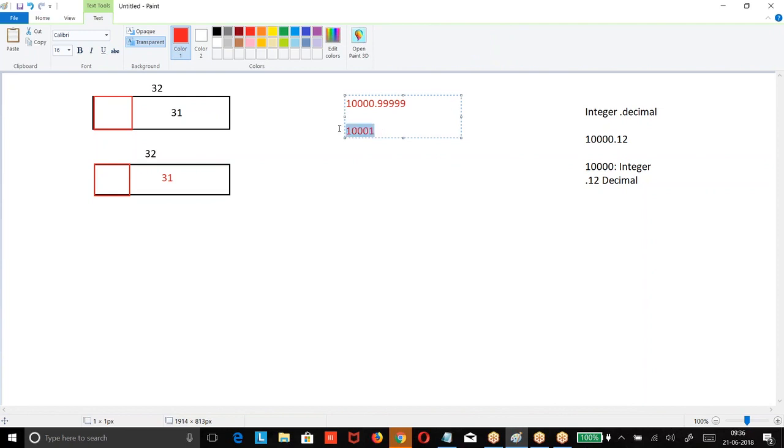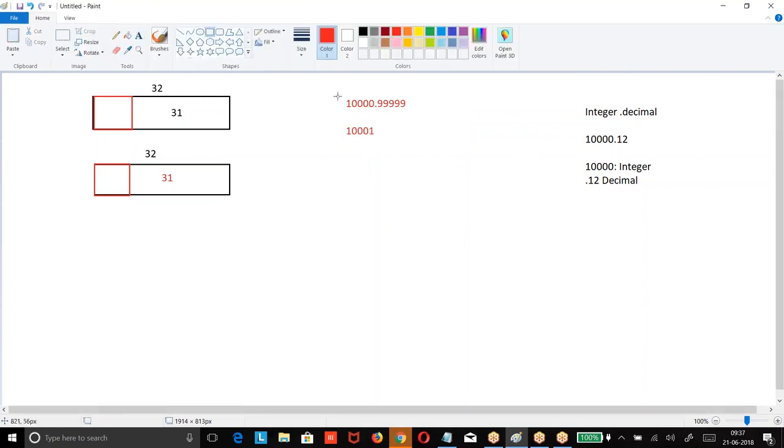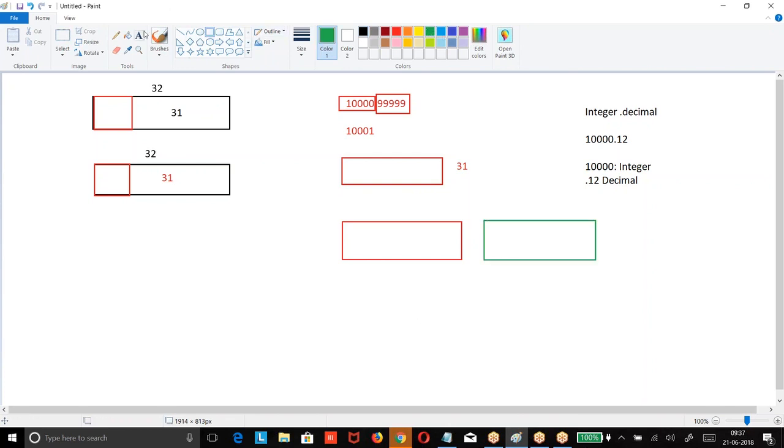Now, this is called integer. So this value will be represented with 31 bits. In this, what should happen? This value should be represented with these 31 bits, and when you say integer, only the integer part. Only to give the integer part, we have 31 bits. When you go to decimal, what is happening? When you go to decimal, for integer plus decimal, both the integer part and decimal part should be represented within 31 bits.